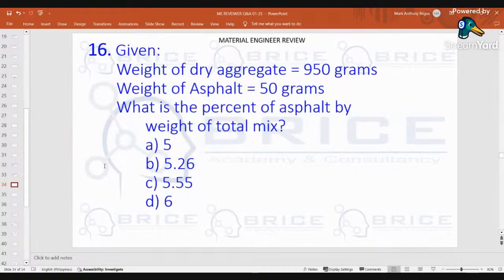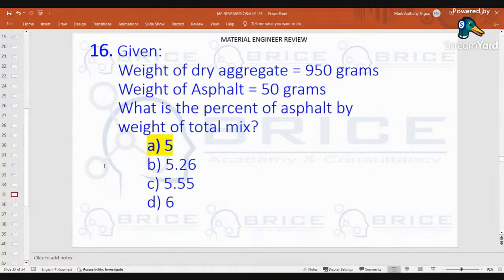Number 16, given weight of dry aggregate is equal to 950 grams. Weight of asphalt is equal to 50 grams. What is the percent of asphalt by weight of total mix? The answer is A 5, B 5.26, C 5.55, and D 6. The answer is